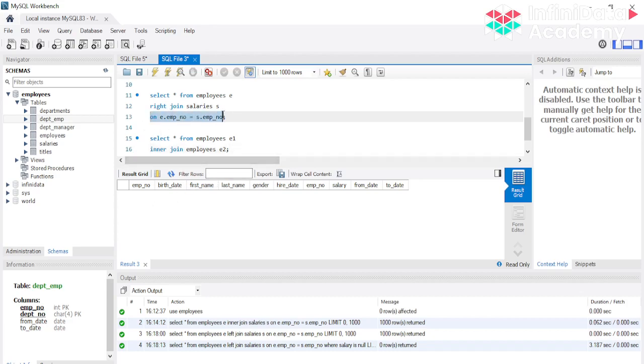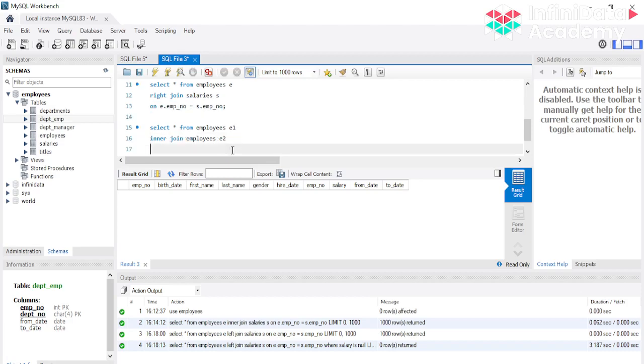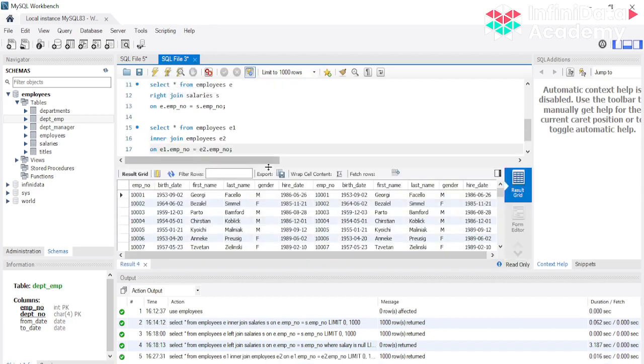Same thing, and then we will use the E1 as well as E2 के अंदर भी we have the same. So basically it's going to show you same details side by side in this case.